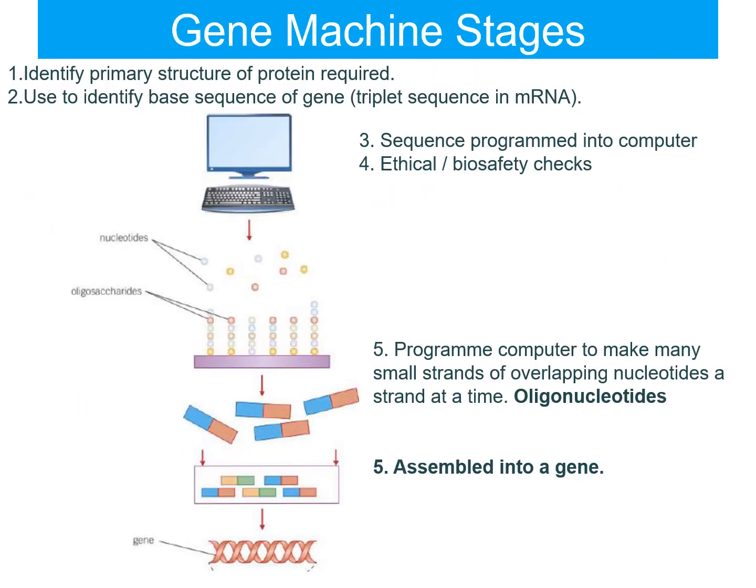So again, let's have a look at the stages of it. You identify your primary structure of the protein. You identify the triplet sequence or codon sequence in the messenger RNA. You sequence it to a computer, do ethical and biosafety checks. You then make overlapping copies, such as here, which are called oligonucleotides. You assemble them into